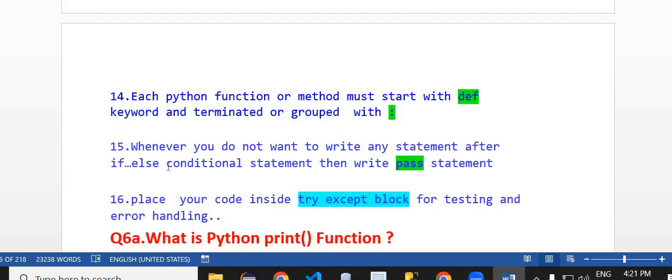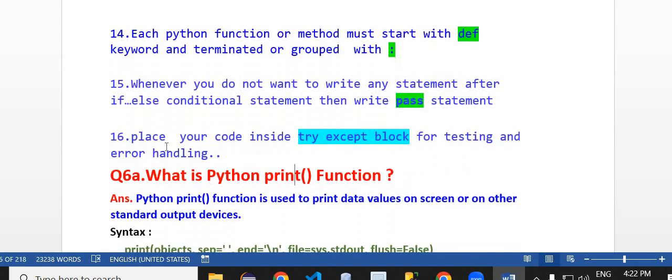Next, whenever you don't want to write any statement after an if-else conditional statement, you can write pass instead of leaving it blank. It is always better to type pass, because it is a clear instruction to your compiler to move ahead and not do anything here. Otherwise, if you are not writing it, the compiler will look for something, and its time will be wasted. Then place your